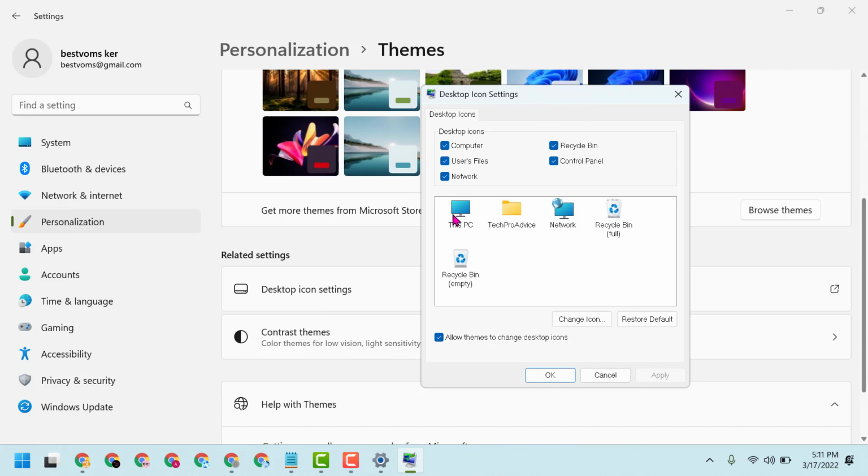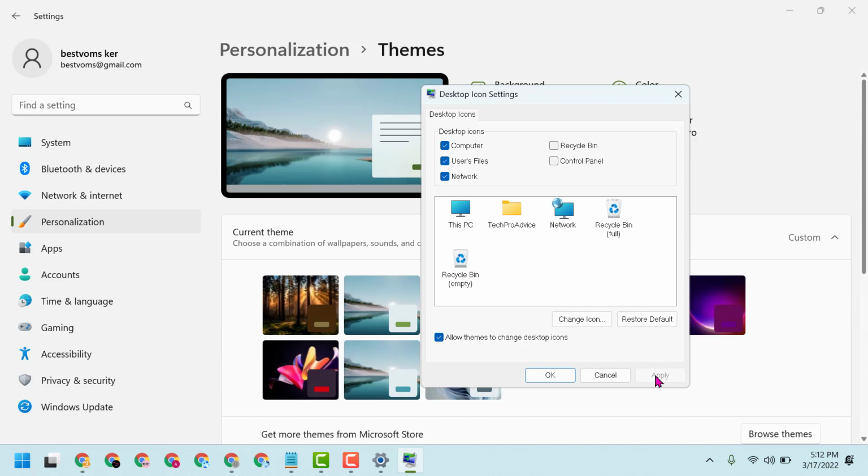So guys, here we can see desktop icons like recycle bin, control panel, computer, user files and network. So if I want to remove recycle bin, select it, then click on apply, then OK. And if you change your mind and you want to add recycle bin, again select this box, apply,